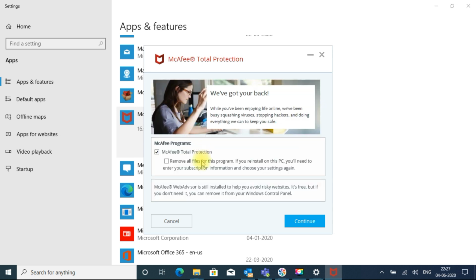Here it will ask whether to remove all the files for this program. If you select that, it will completely remove all the files. If you don't remove them and you install it again, it will take that backup of files. I'm removing that.